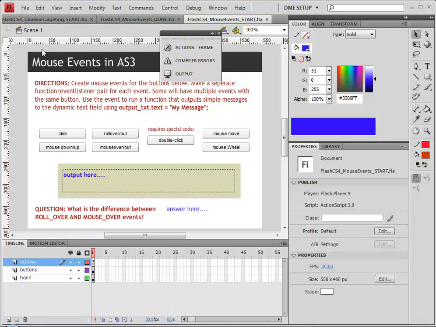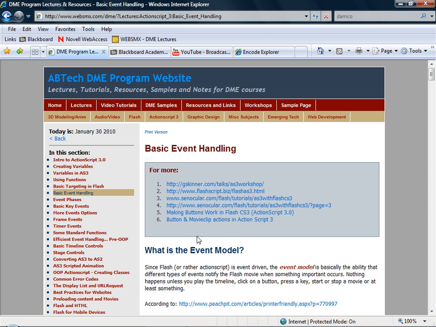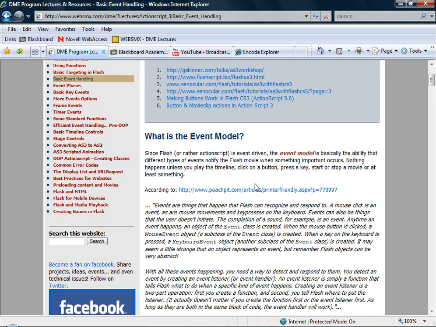In the following tutorial, we're going to take a look at MouseEvents in ActionScript 3. Now open up the MouseEvents_start file and also open up the DME program website to the basic event handling lecture. Now we're going to begin with this lecture because it's so important to understand how Flash works and why it